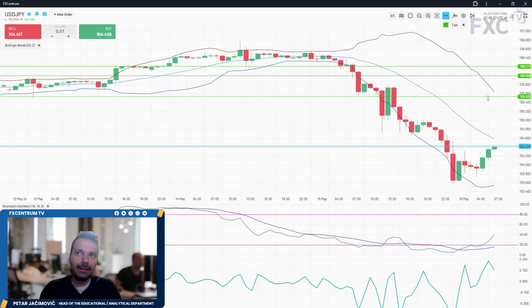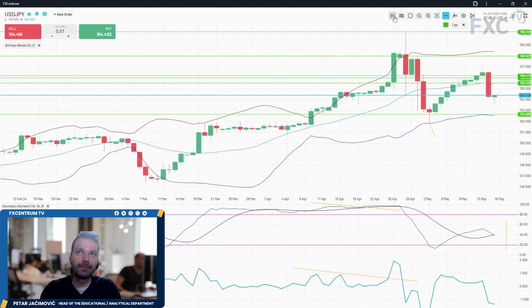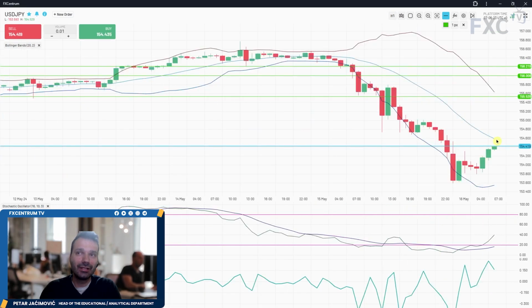So I would like to see some kind of contraction, and of course anything meaningful to the upside. I need to see the market break the upper Bollinger Band and hold above, eventually with some contraction. So we need a few elements here for a potential upside move, because if that's not the case, then the market can just find sellers around this middle Bollinger Band or the